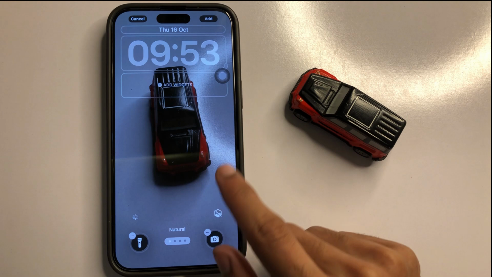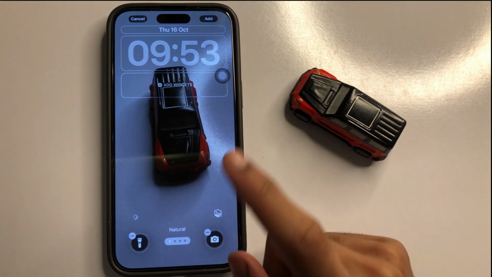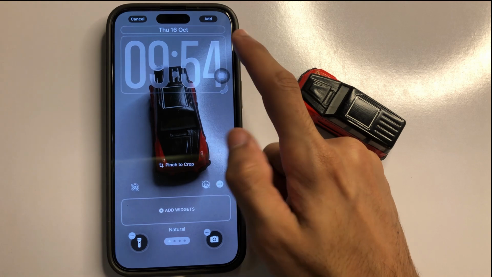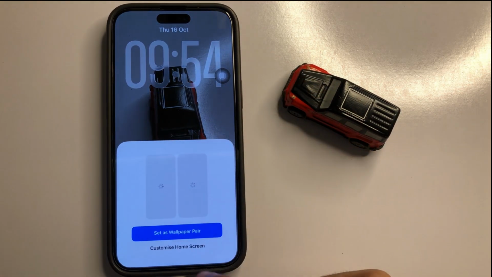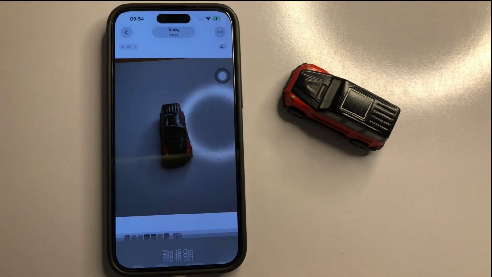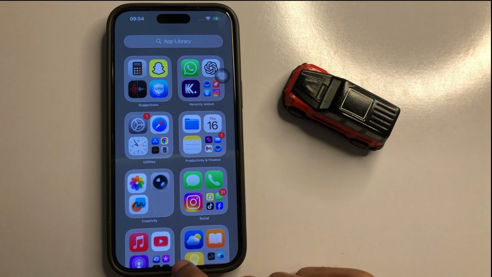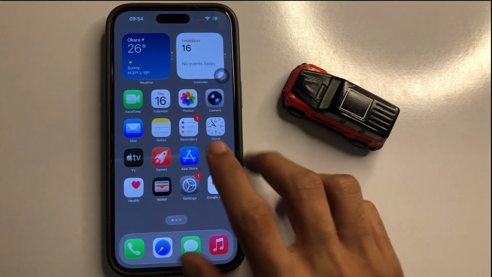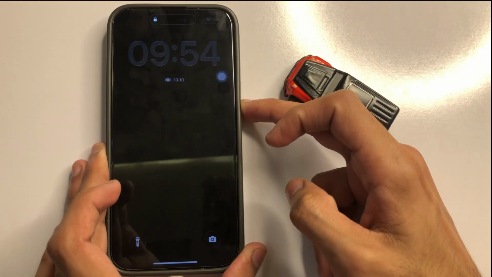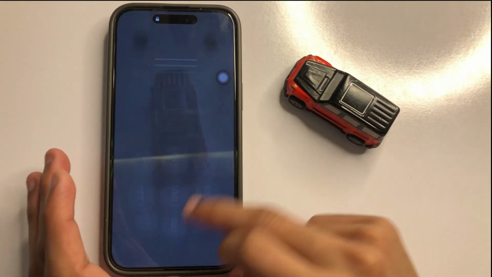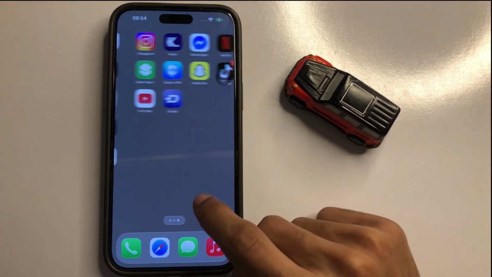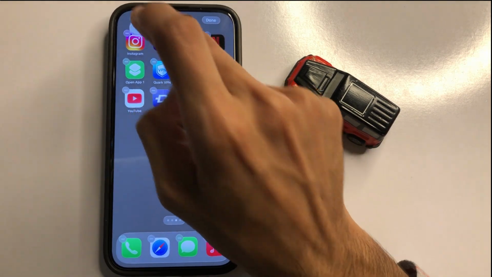Now here you will see, so after selecting, click on add and click on set as wallpaper pair. So after the process, you will see picture is, so I think this is blur,